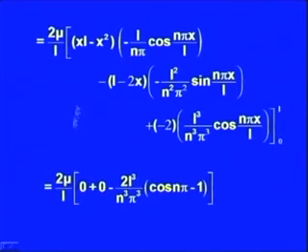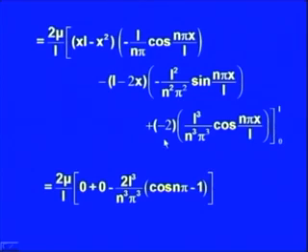So, here when you put the limits L and 0, what you get on simplification, you get Bn as 2 mu over L into this becomes 0 when you put x equal to L and you put this 0. So, for both the upper and lower limits, this expression gives us 0. So, we have 0 plus 0, and when you put x equal to L here in the third term on